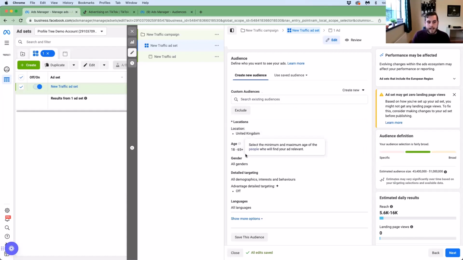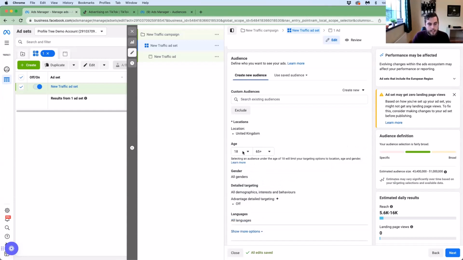You can create a prospecting audience below here, and it works perfectly fine. You just click on edit and choose your location, age, genders, and detailed demographics. For your first brand awareness campaign, this was probably what would be advised, because you're just trying to reach people who are interested in your specific product. One thing to note here